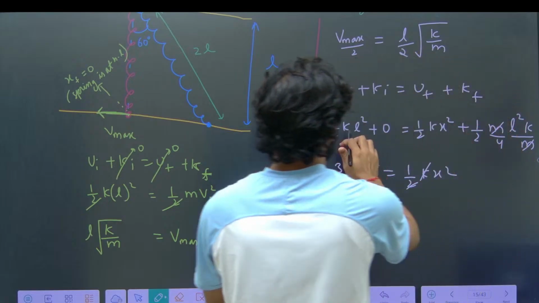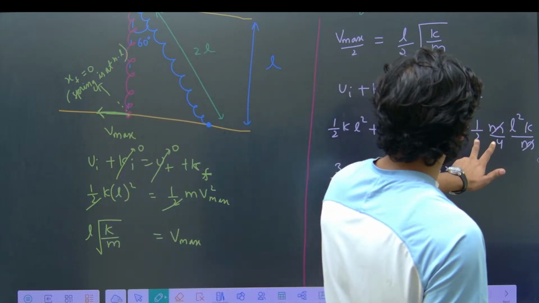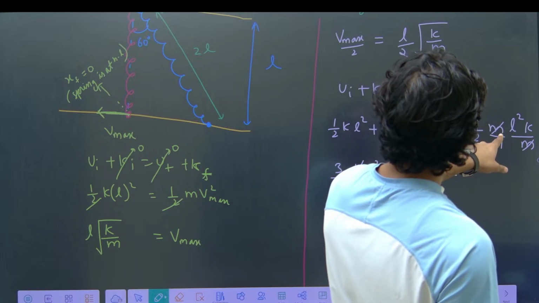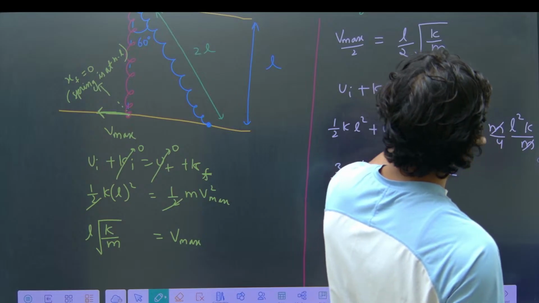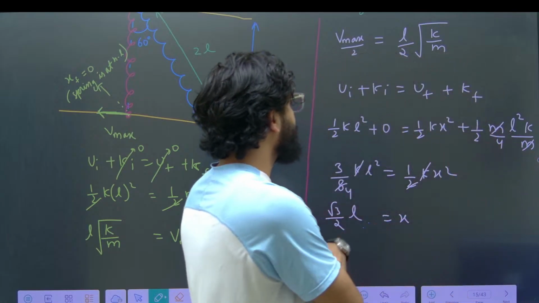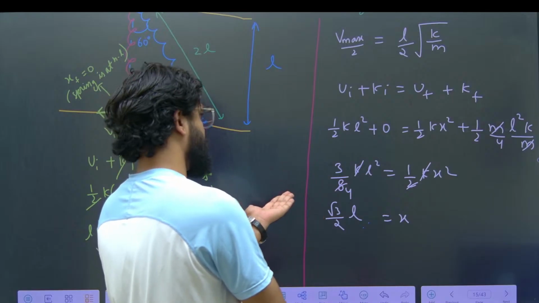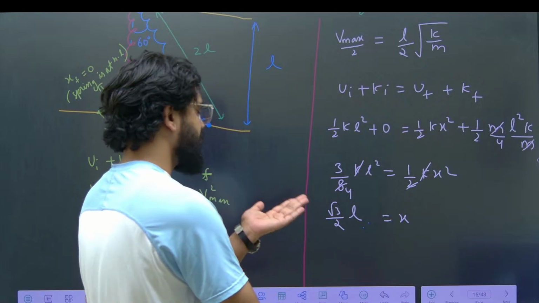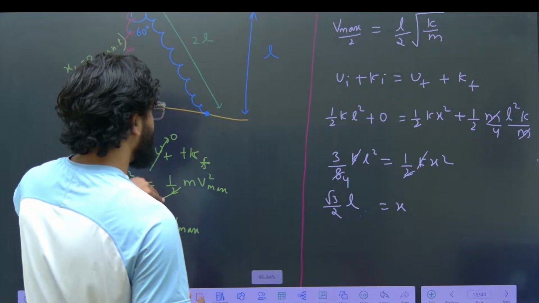Half KL square plus 0, half KX square. Half mv square, half m into L square by 4 K by M, cancels, that is perfect. KL square by 8, so over here 4, 8, correct. So that is 3, that's perfect. Okay, so X is coming out as this, very good. So the final length,